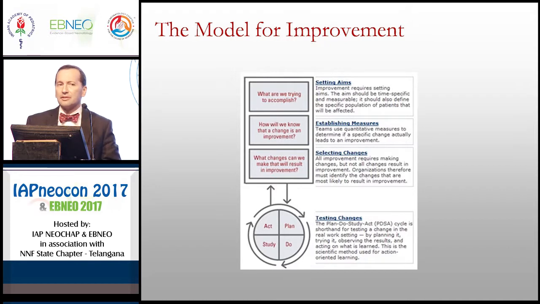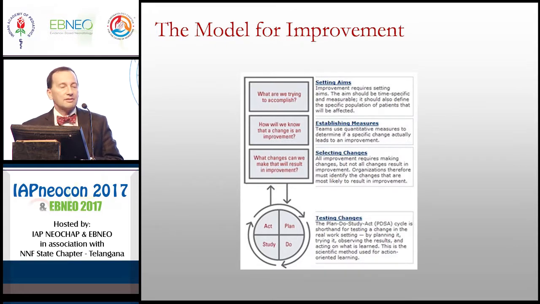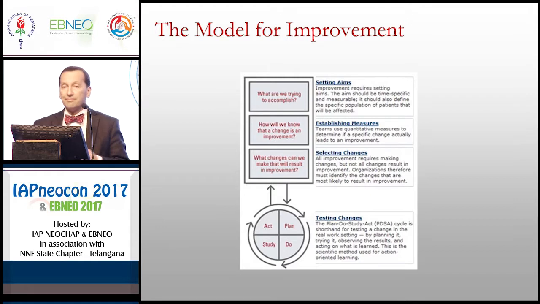Time is precious. Time is money. We know that 70% of the costs or thereabouts of neonatal intensive care are actually the costs that accrue to personnel who are involved. And what that means, especially when we are undertaking something that is as personnel and time intensive as the quality improvement initiatives that we've been discussing this morning, is that we have to choose what initiatives we will undertake very carefully.